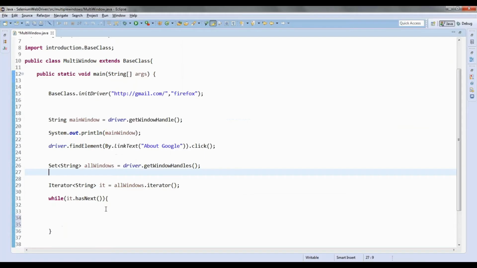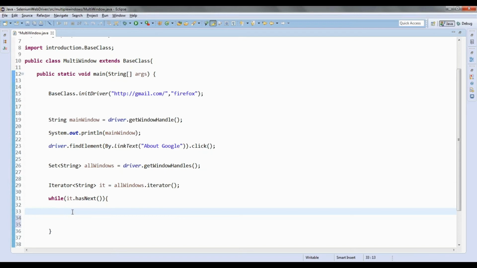So now what I am going to do here, for the first iteration, it will be moving to the next window.